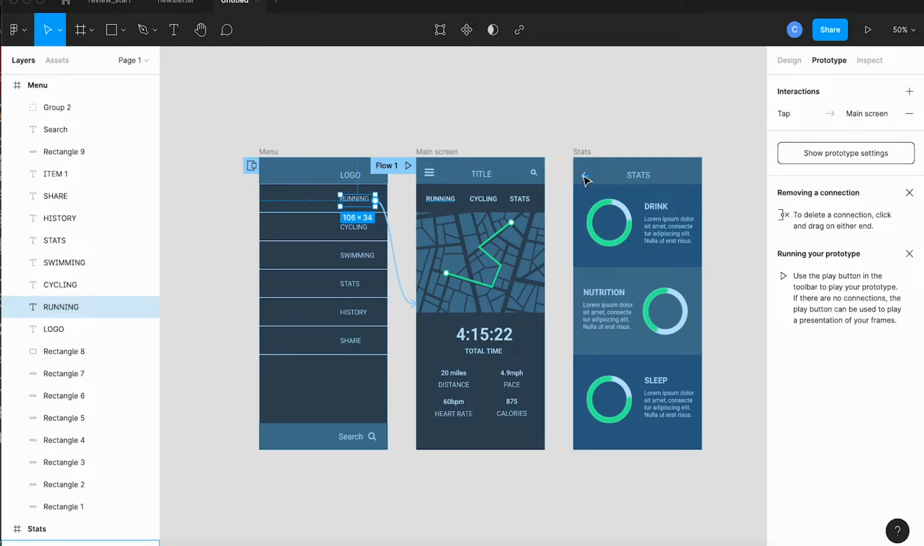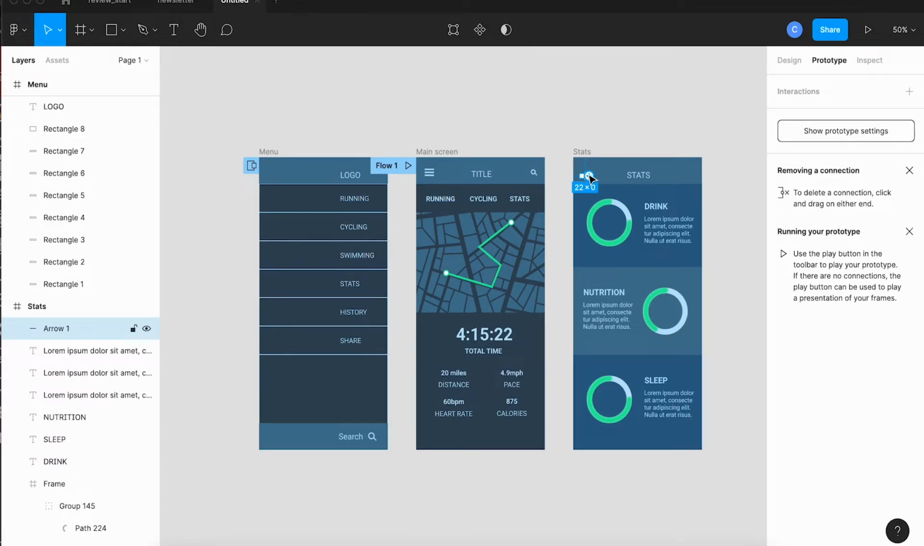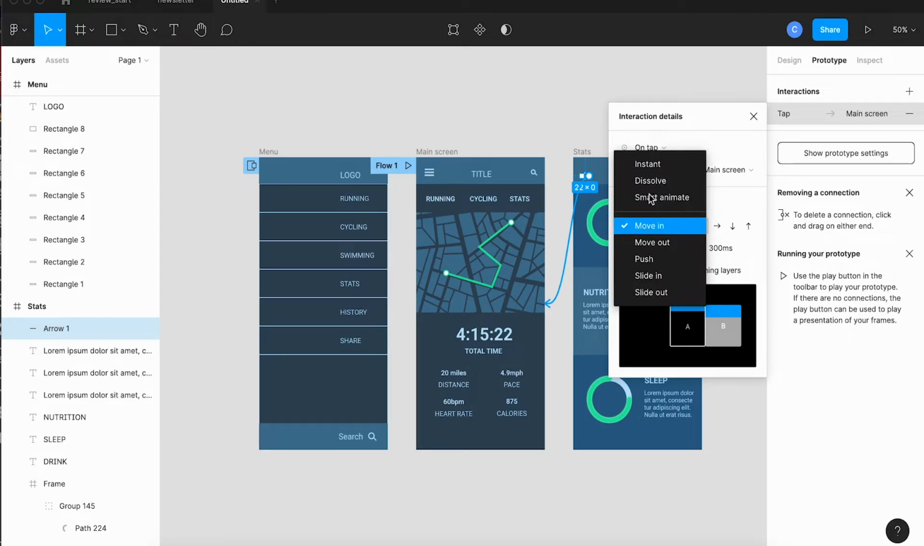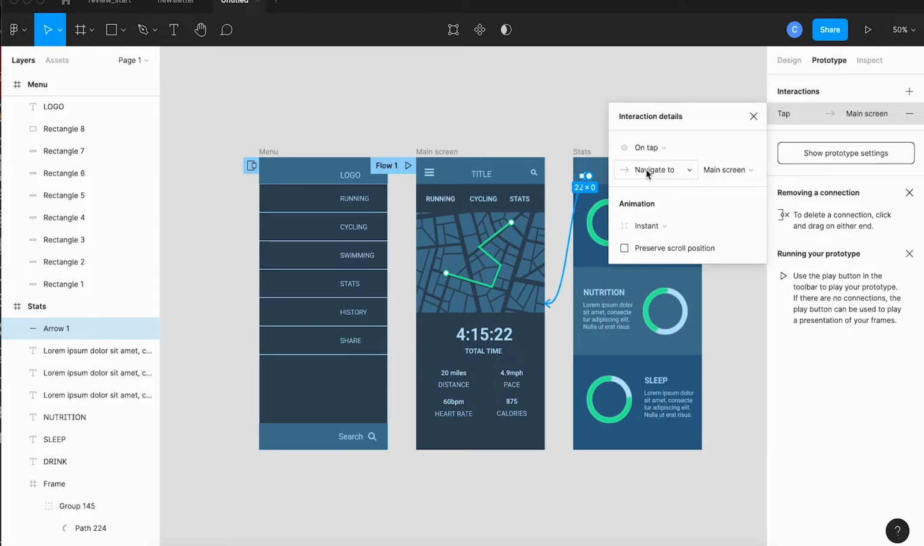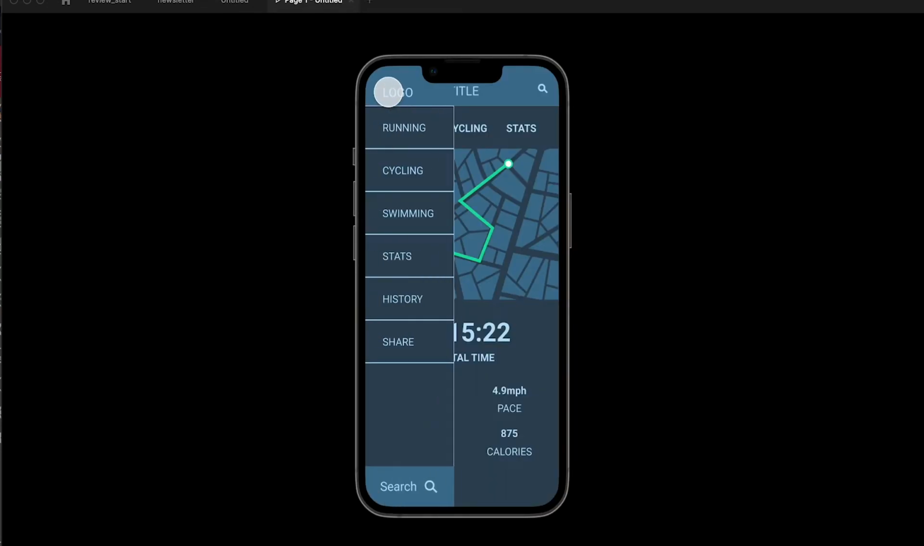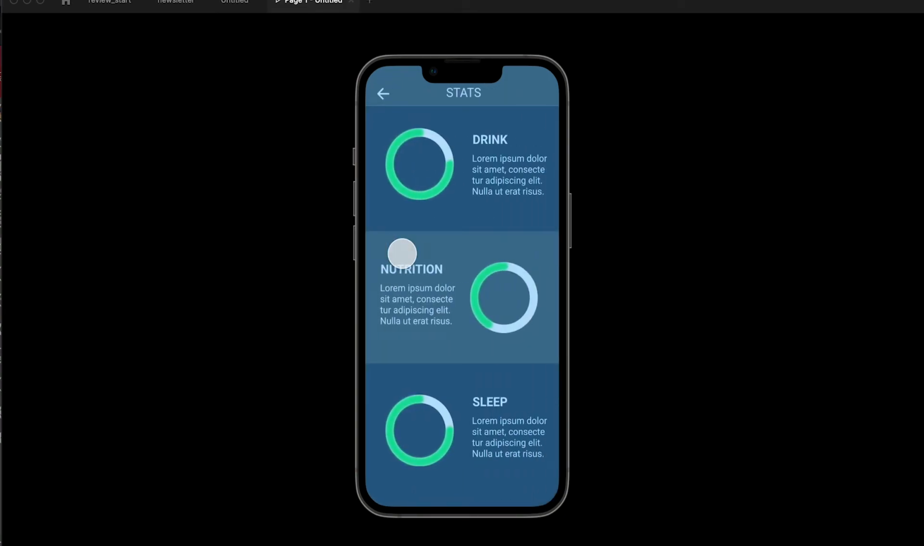I'm going to take the close arrow, the back arrow on the stats page, and wire it to the main screen. And this time I'm just going to use instant. All right, so we'll play our prototype, and we'll see when our menu works the way it did before. It's fine. Tap on stats, that slides in from the right,